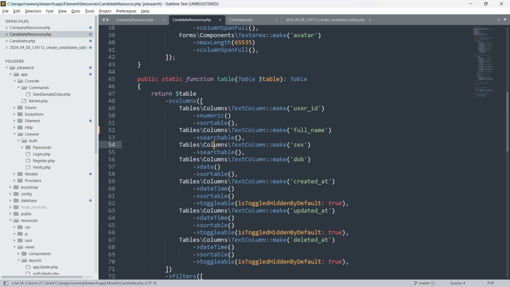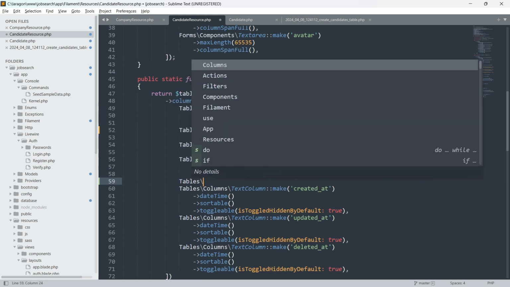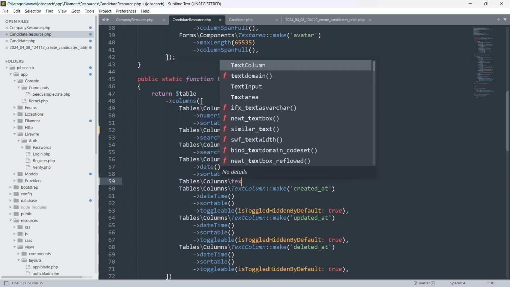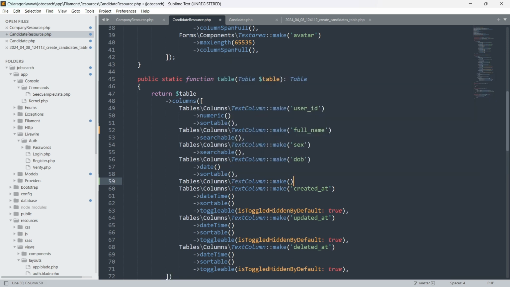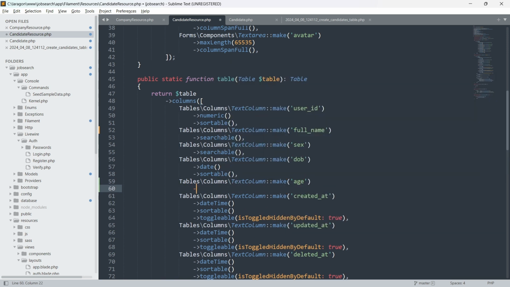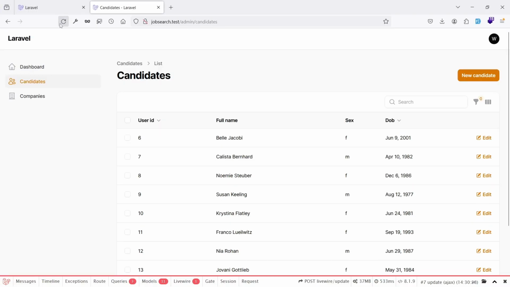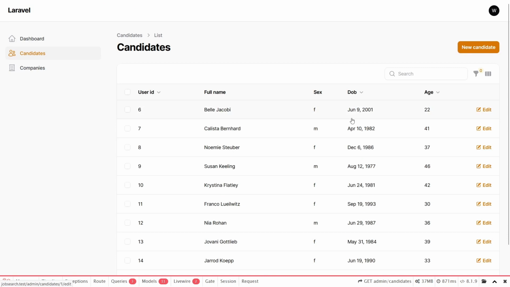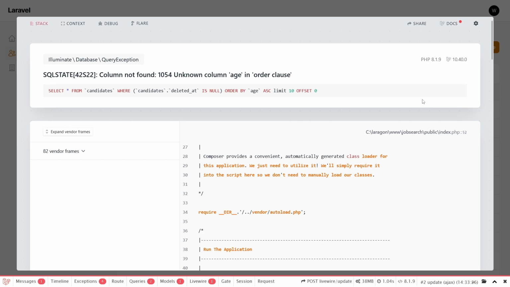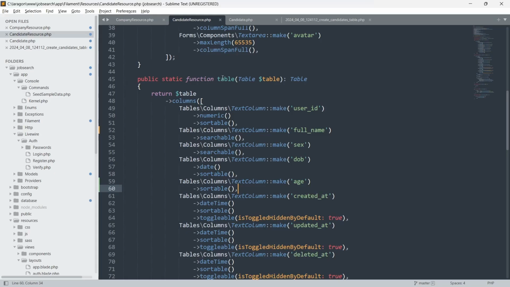Now all that's left to do is make a text column. We could make it sortable, but to be honest, it's not really necessary. Let's see. There we go. Unknown column age in order clause. Because it's not a virtual column, that's the thing, right? So it's an attribute you cannot calculate, but